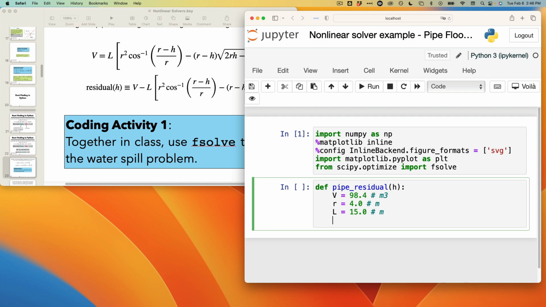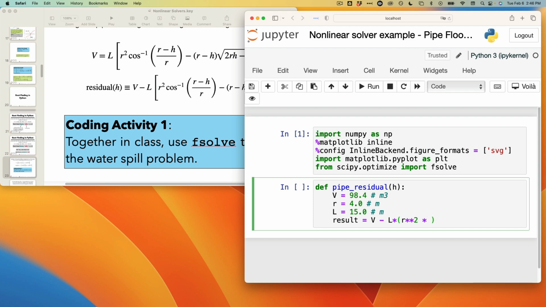And finally, my residual, we'll store it in a variable called result, is V minus L times, open parentheses, R squared